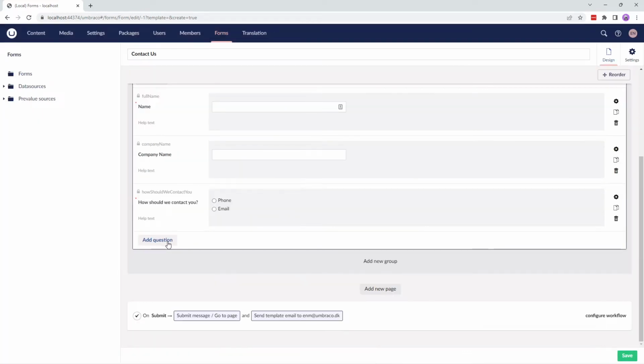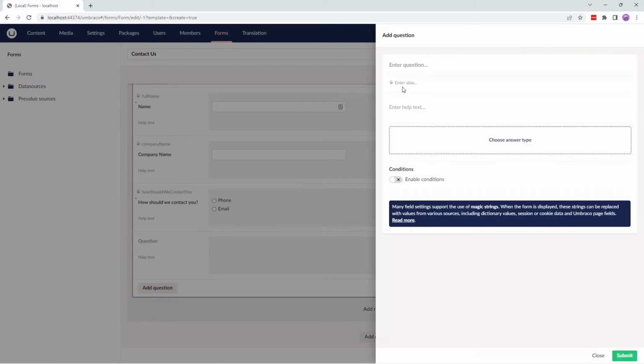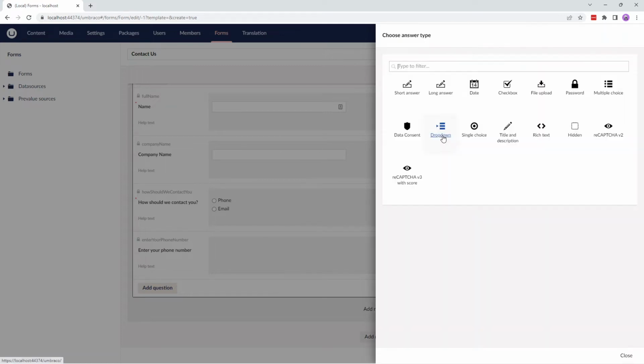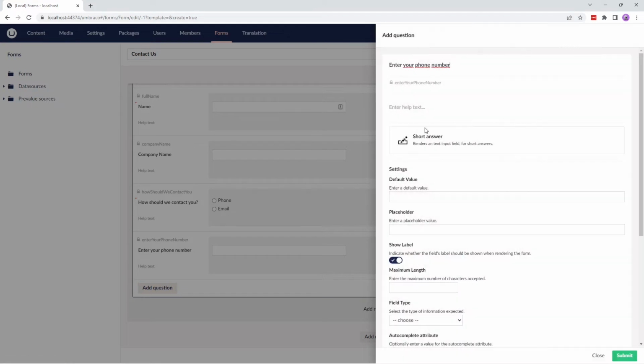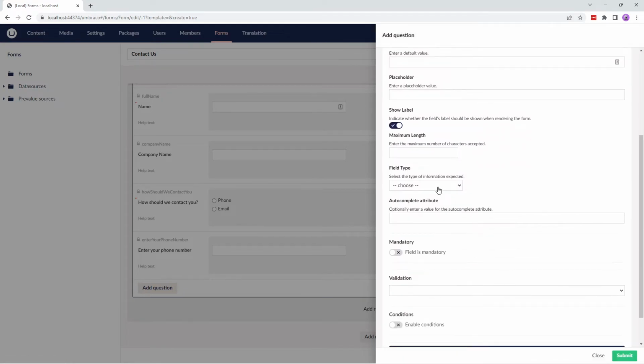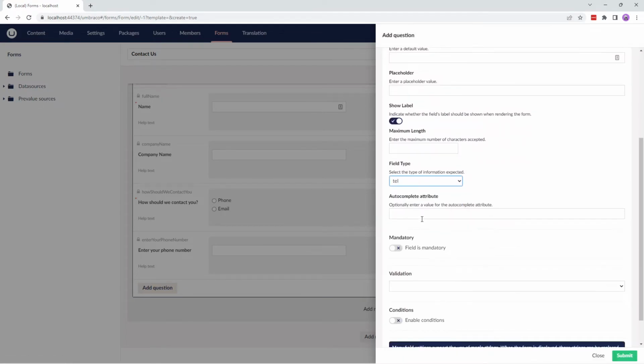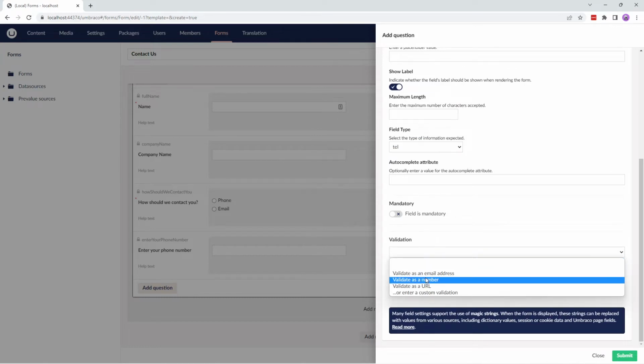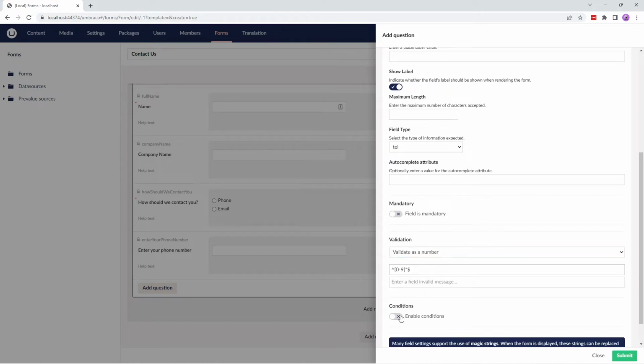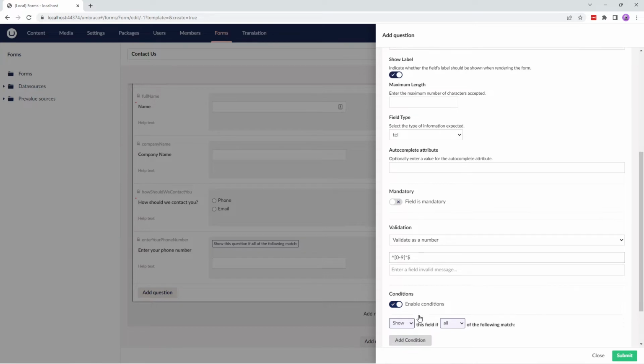Let's add the next question, that is, enter your phone number. For this, I'll select short answer as the answer type. From the field type drop-down, I'll select telephone and validate it as a number. Now, I want to set a condition on this field.